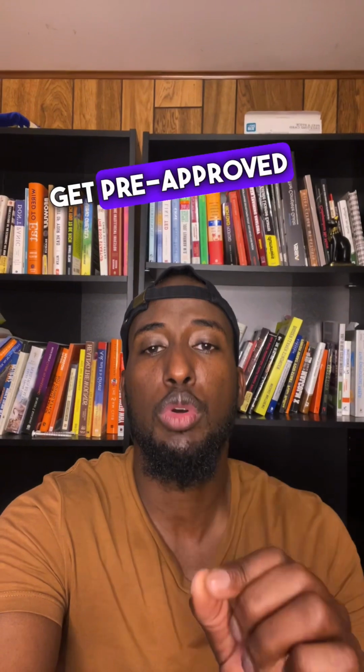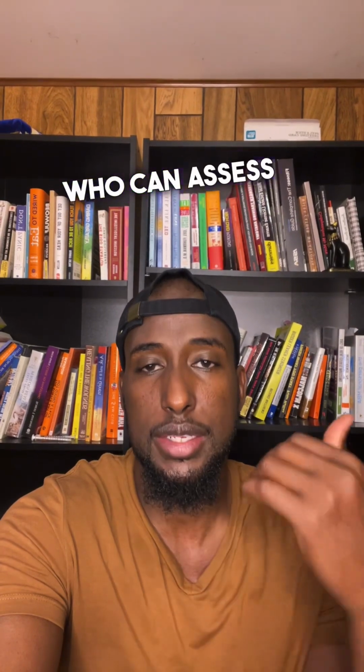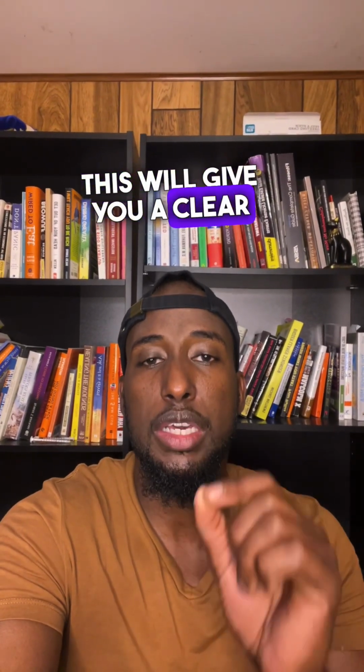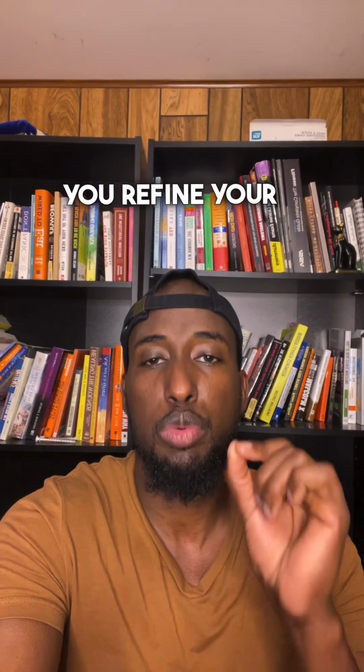3. Get pre-approved for a mortgage. Consult with a trusted lender or real estate agent who can assess your financial situation and provide you with a pre-approval letter. This will give you a clear idea of the loan amount you qualify for and help you refine your